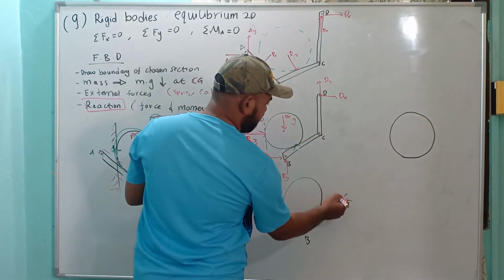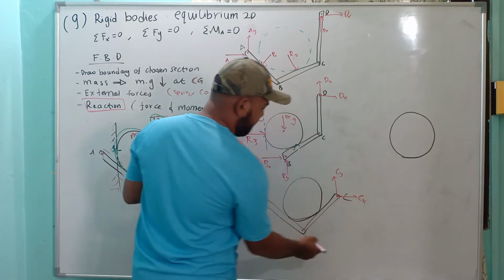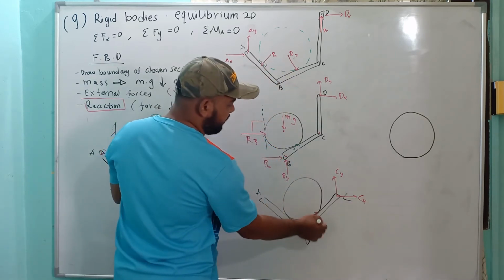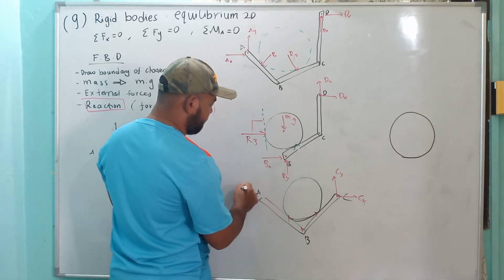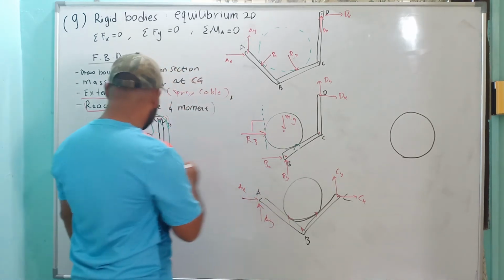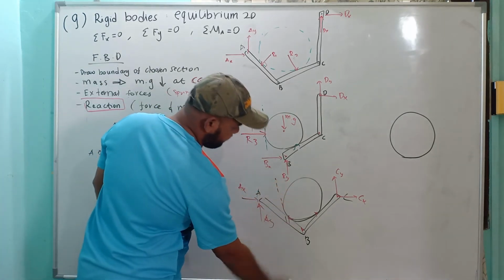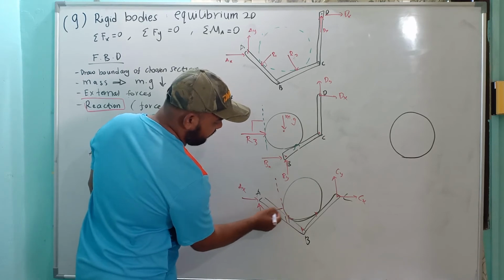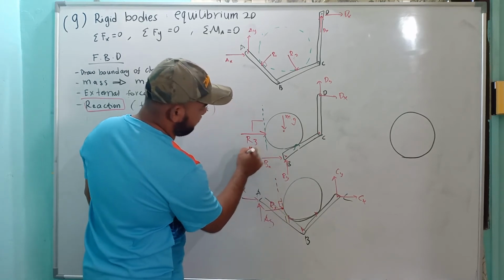Here we open one, so we have Cy, Cx. Here we didn't open, there's nothing. Here no separation, no separation. Here A, so you have Ax and Ay. But from here you notice that you have one wall which is touching there. So 90 degrees to the wall towards the component is R3, same as this one.